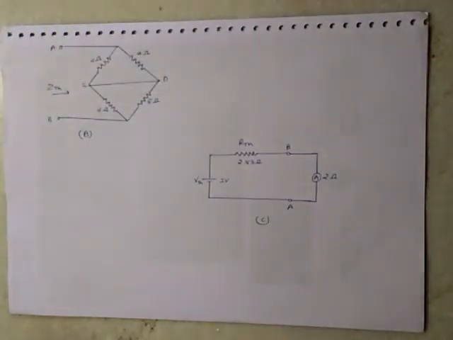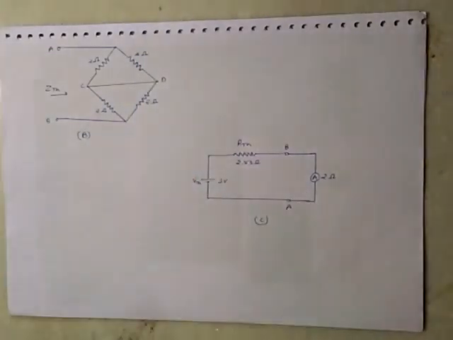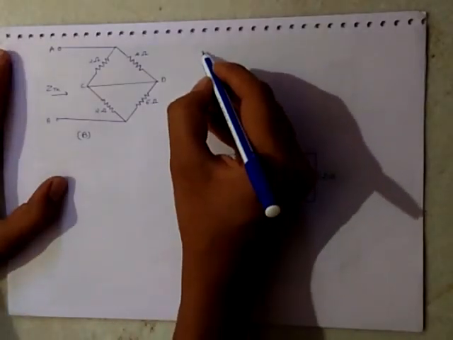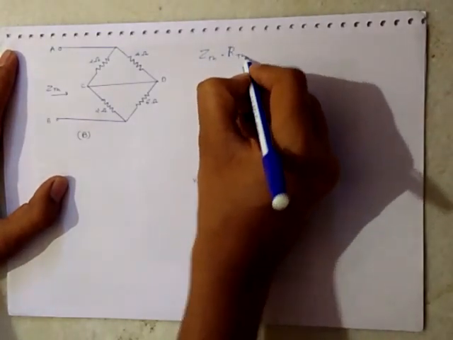Now we will determine the Thevenin equivalent impedance, that is, resistance. For that, replace the source. The source is the 12 volt, which will be replaced by a short circuit, so C and D are short circuited, and after redrawing the network we will get this circuit. To determine the Thevenin equivalent resistance, that will be equal to